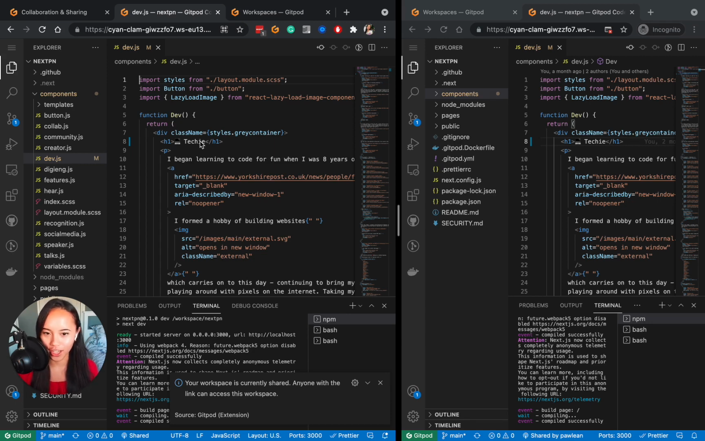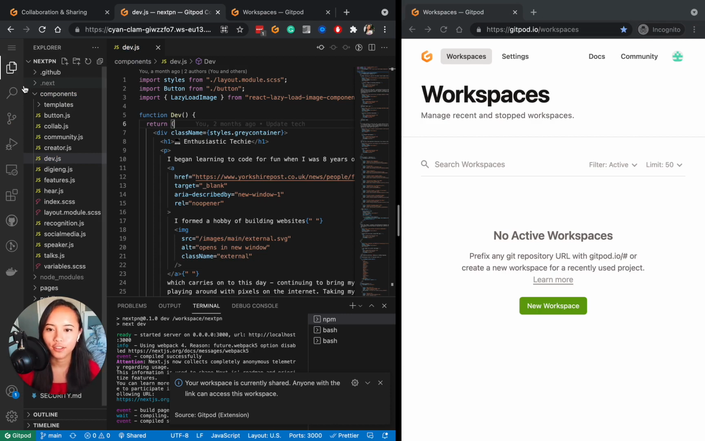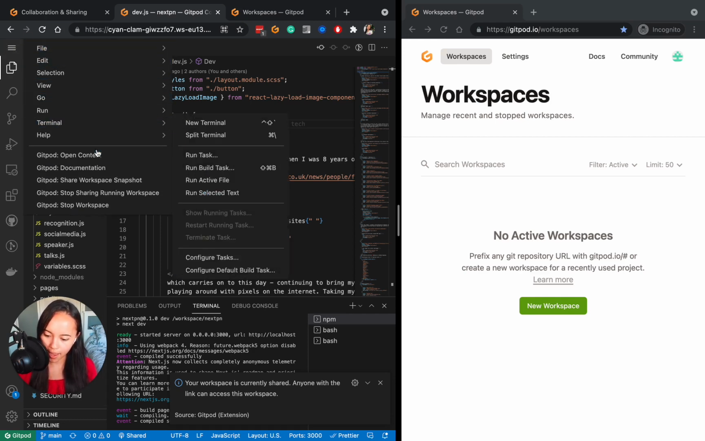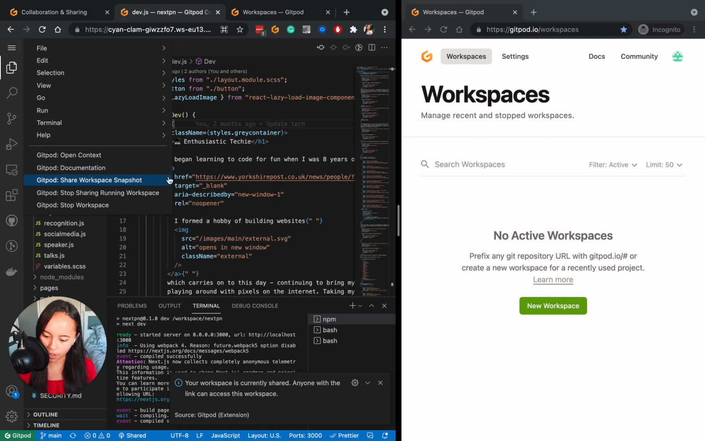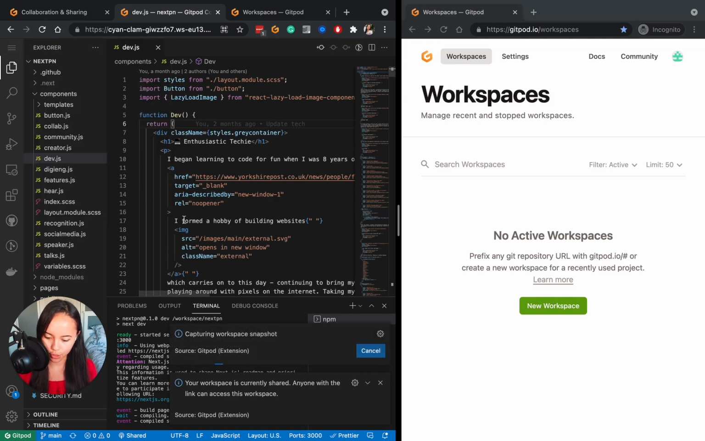we're all working remotely. The other way you can share your workspace is through snapshots. You can do this by heading over to the application menu here and then click on share workspace snapshot. And now you can see it's capturing a workspace snapshot here for you. This captures the current state into a snapshot, and you can use this link so that anyone can create a